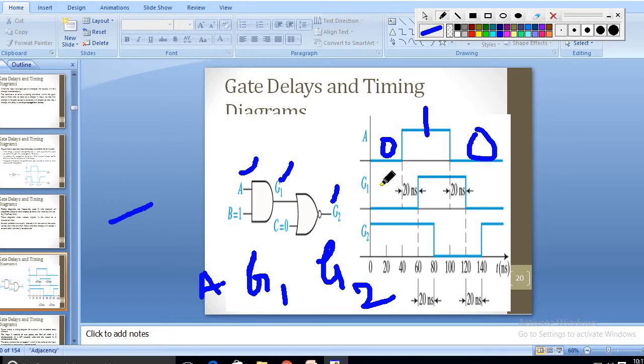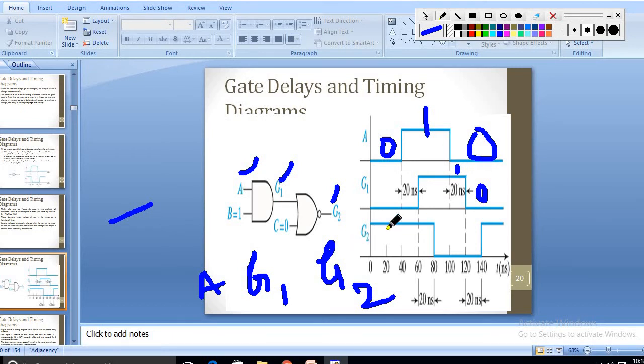So G1 is interdependent on A. However A changes, G1 changes. See here, it is changing from 1 to 0. Again here G1 is in the 1 state. When it changes from 1 to 0, again it will change from 1 to 0, but it is not suddenly or instantly changing. It will take its time, 20 nanoseconds, and after that it will change its state. That 20 nanoseconds is again your delay. Okay, the propagation delay can be negligible in quantity.